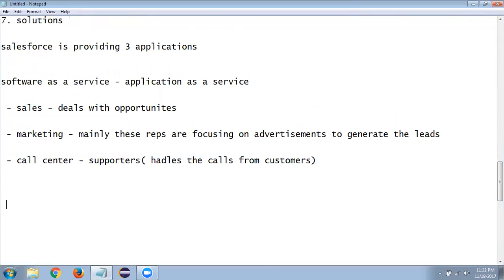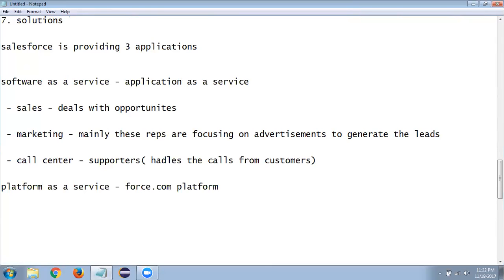And the second one is platform. Salesforce is providing one more service, that is platform as a service. The name itself is the Force.com platform. Using this Force.com platform, we can develop our own code also. We can develop our own logic also. By using the point and click approach, you will get the services that they implemented. It's not suitable for all the time.